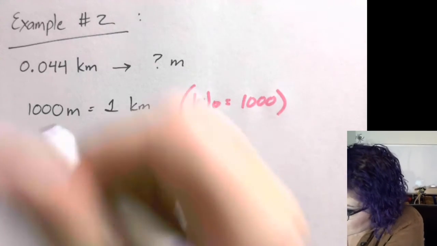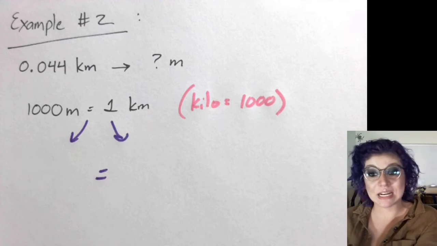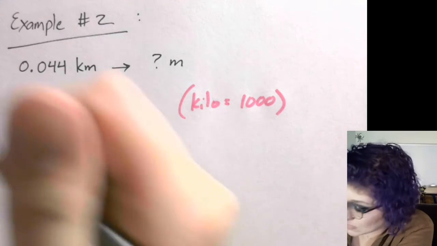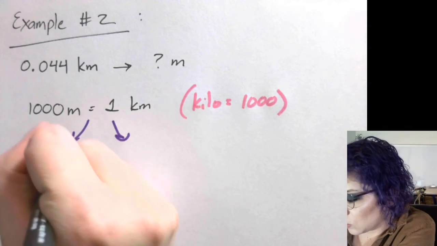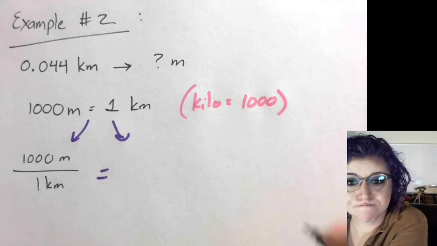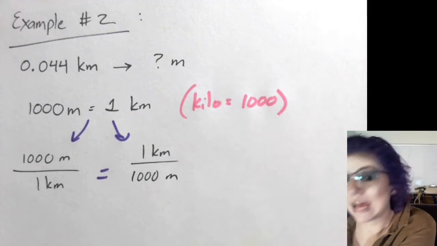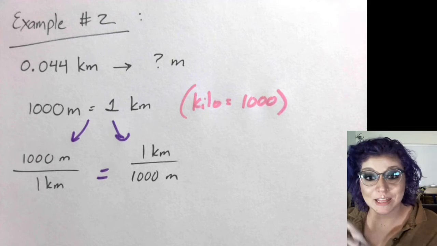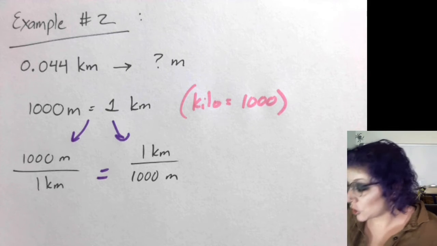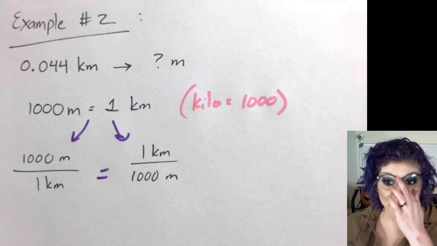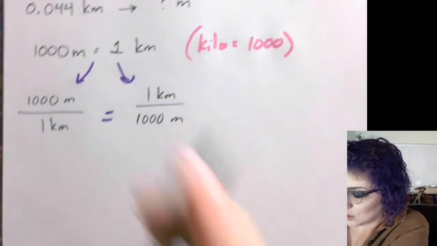I can write this in 2 different but equal ways. I can say there are 1,000 meters in 1 kilometer, or that 1 kilometer has 1,000 meters. Again, they mean the exact same thing. It's just that you're going to choose which one to use based on which unit you want to cancel. So I'm working with